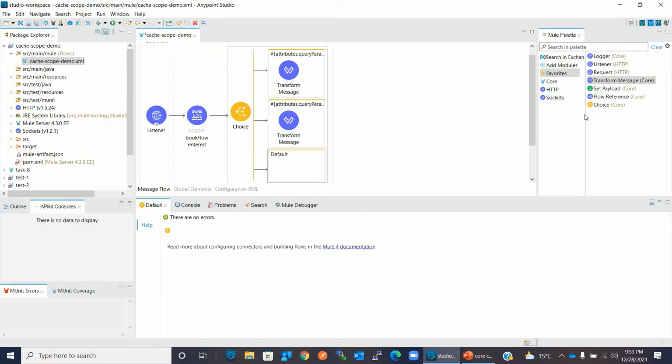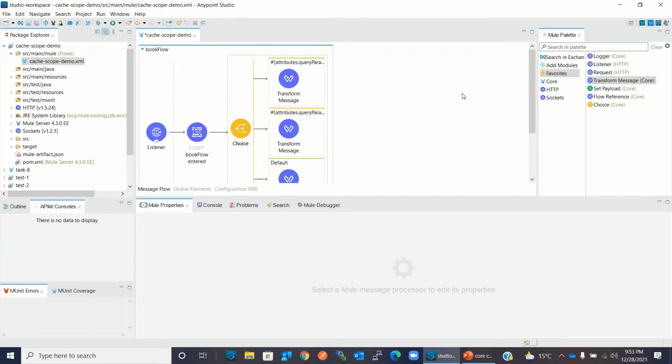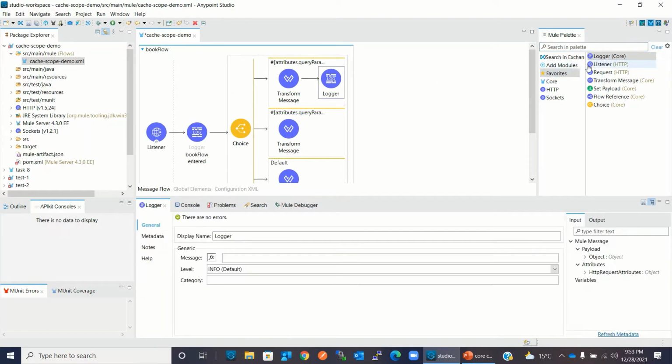Now here I will build a default payload, and I will say format JSON, message book not found. I will add loggers also, so we can observe the log properly.